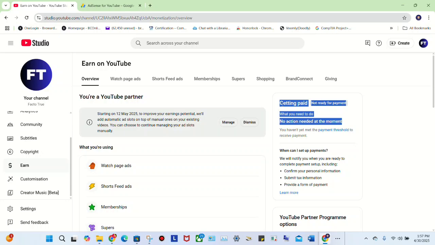I used ChatGPT, and they kept saying go to the monetization tab on the left, but they changed it to Earn. A lot of it wasn't helpful, so I just kept clicking on things, and I eventually found this method. So yeah, hopefully it's a little hard to find. It took me like 30 minutes just to